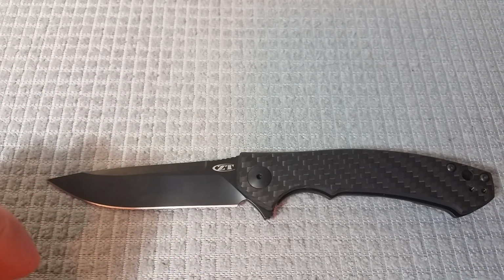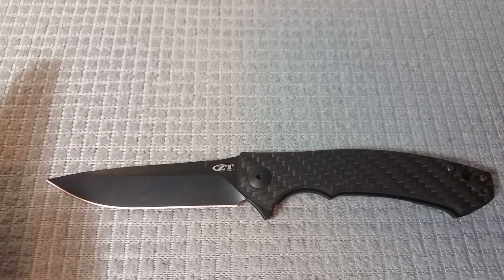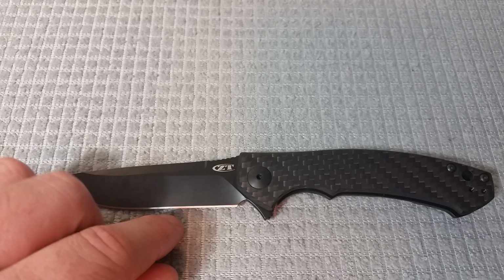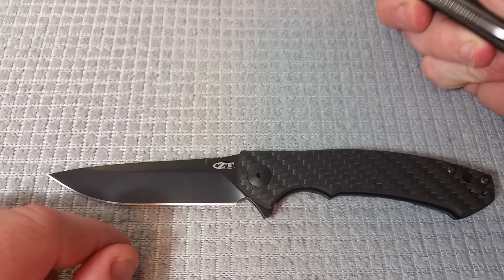Now, again, it's really important to me to try to separate from the price and the brand and all that stuff, because I'm not the one who decides how much a knife is going to cost, and I'm certainly not the one who decides what design it's going to have, what quality materials. I'm just the person who bought it, and I really want to let the knife try to stand on its own. And this certainly doesn't mean that a knife with lower end materials can't be a very good knife. For example,